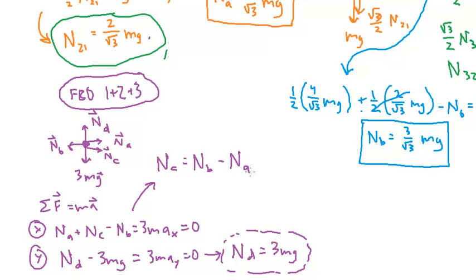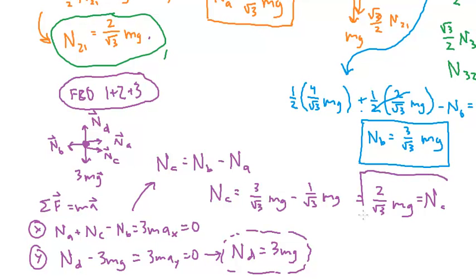Now, maybe you don't see this yet, but let's go through some forces equals MA. In the x direction, you have NA plus NC minus NB equals, well, actually it's 3 mass times their x acceleration, which all equals 0. And we already found out what NA and NB were. So now we can solve this. I'll tell you what, we'll do y first. So y, now you've got ND going up, minus 3 mg